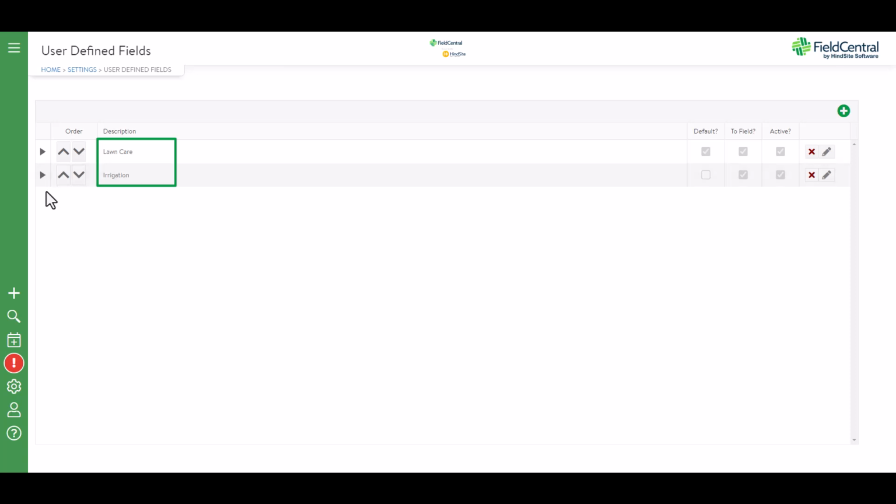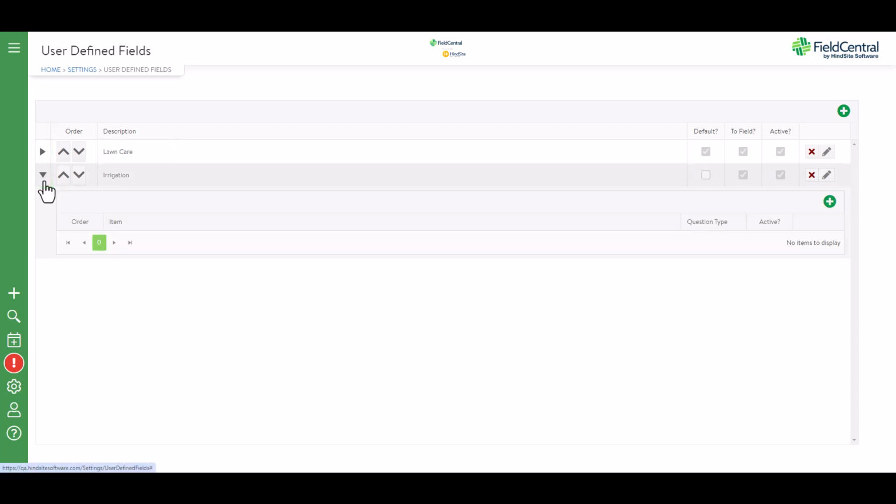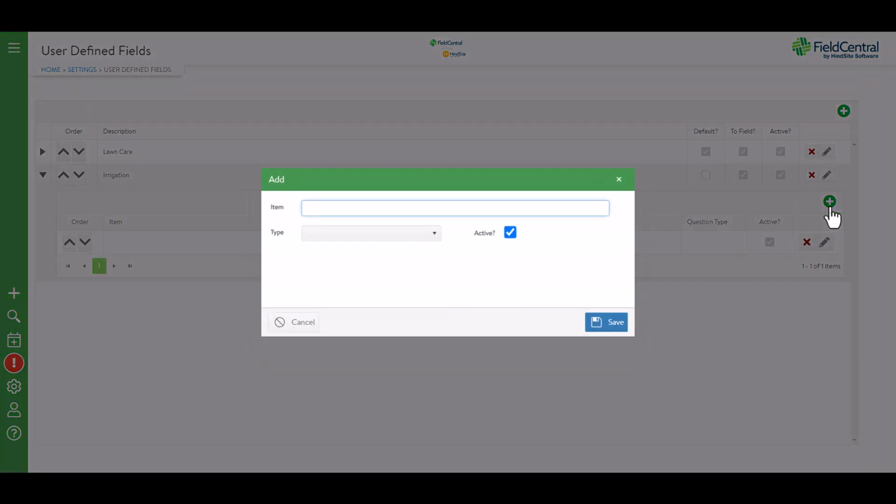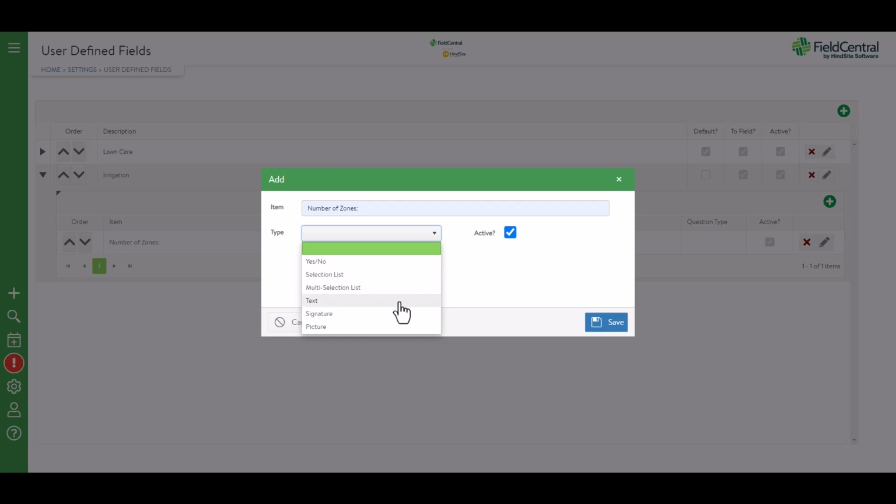Once you have labeled the user-defined field category, you will be able to create specific fields to track service or property-level information. Use the drop-down arrow on the left-hand side of the category title and then select the green plus button to add each individual question as needed. When adding a new field, a window will appear to clarify what information you are needing to gather, and then select the type of answer this field requires. Select the appropriate UDF answer type based on the information you are needing to gather via this UDF.